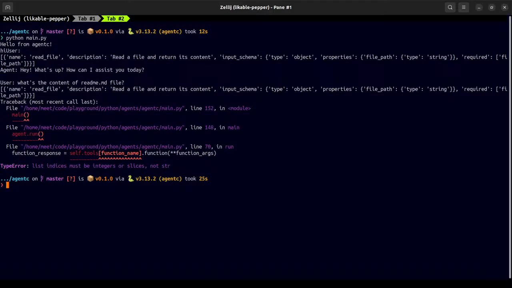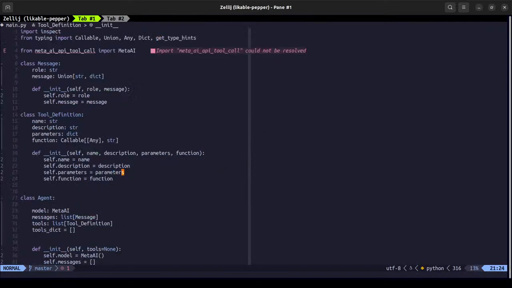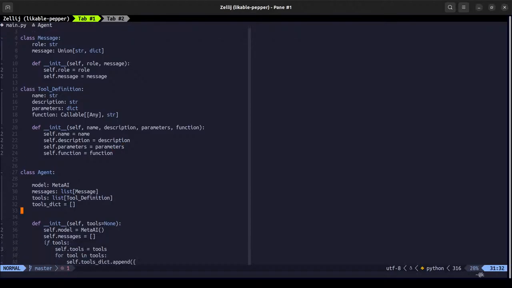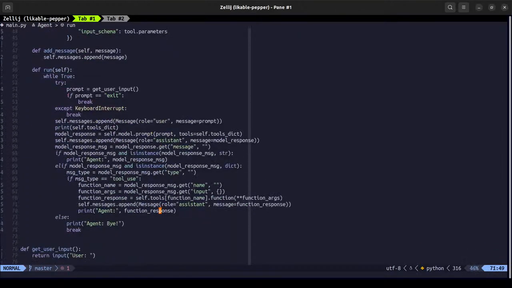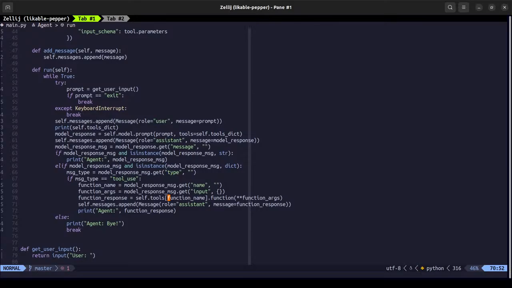So self dot tool with a tool definition, and we need to actually call a function name, which is a list.